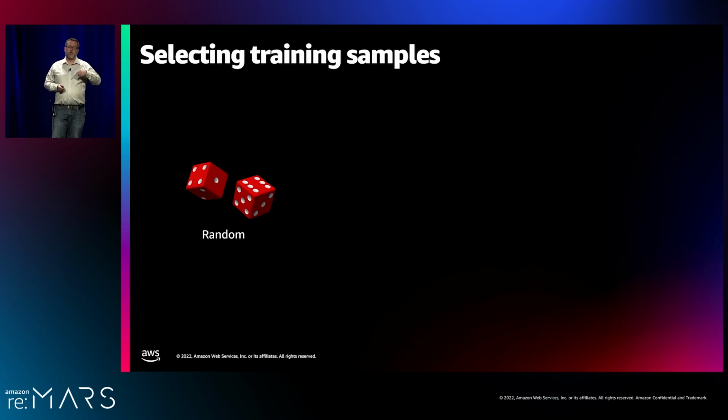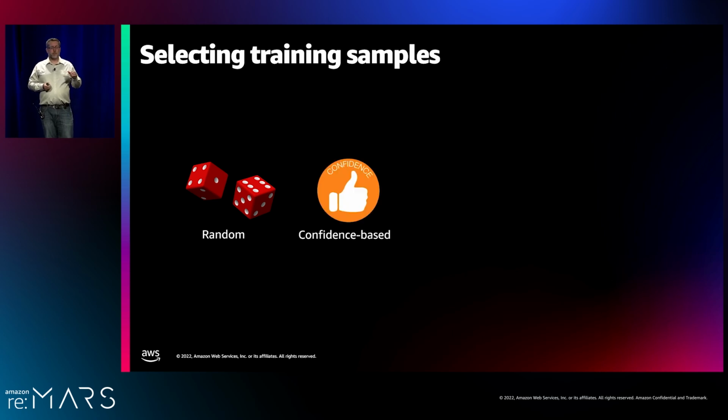On the flip side, we saw examples that are just essentially garbage, like they're so noisy that even a human couldn't tell what was being said. And those can actually hurt our models if we train from them. So we next introduced confidence-based filtering. So the ASR model, in addition to producing the text output, also produces a confidence score, and that's the likelihood that we got the prediction correct. So if we get a really high confidence score, there's a good chance that the text is correct. If the confidence score is very low, there's a pretty good chance that there are errors. And so we pick a confidence band somewhere in the middle to filter out those really easy ones and to filter out those impossible ones. And it leaves us with a nice set of challenging examples.